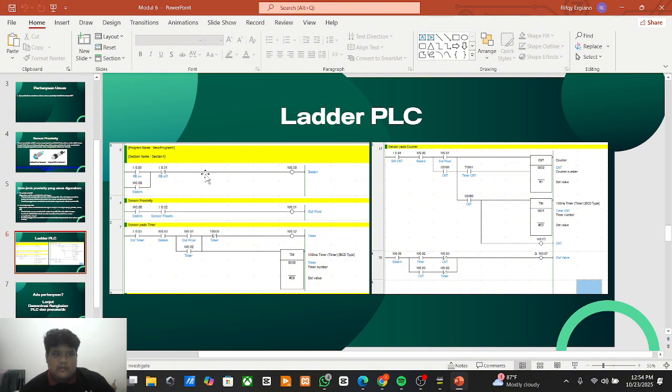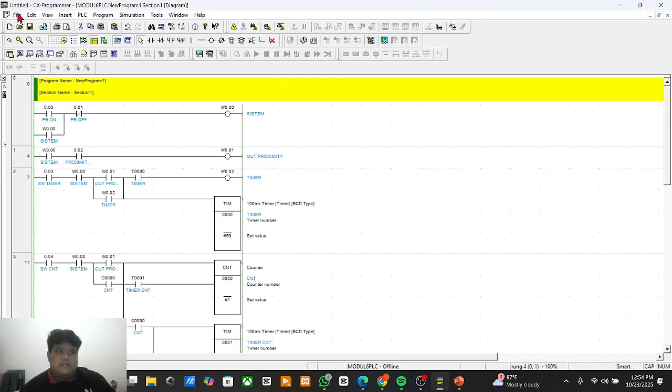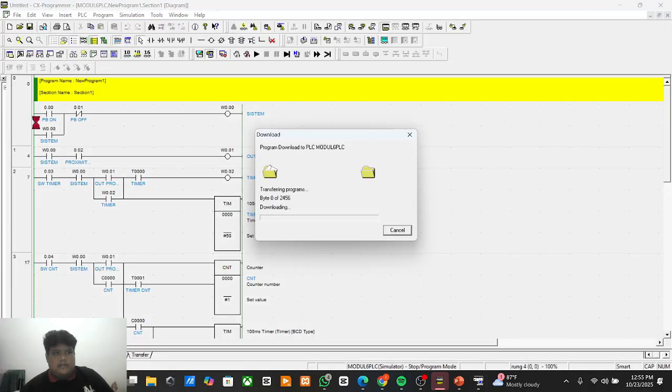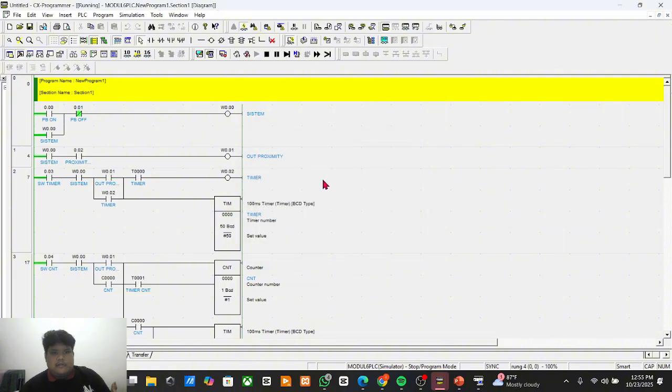According to this module, it is for controlling the valve with a proximity sensor. Then, if we want to simulate, just click the Work Component Simulator here, click transfer.